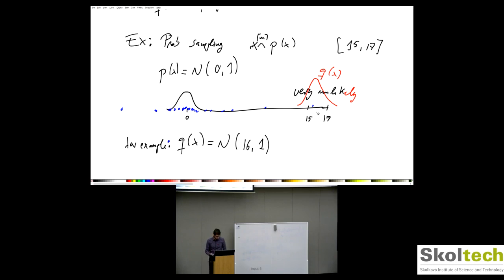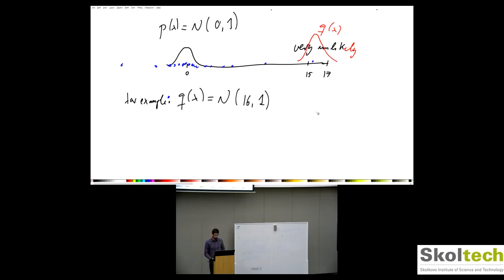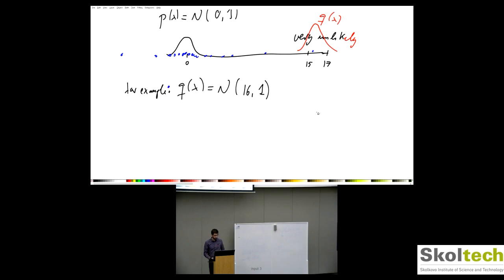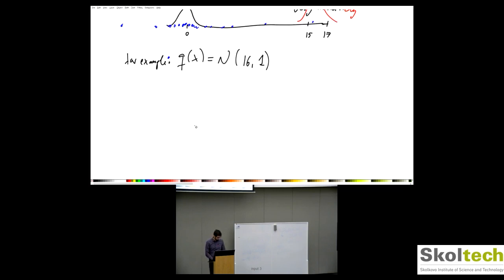Okay, so anyway, the trick with this is we propose a new distribution, in this case this one, and then basically what we need to do is we are just going to count the number of samples that we get from this new distribution, and then we need to correct by the new weights, right? So in this case,